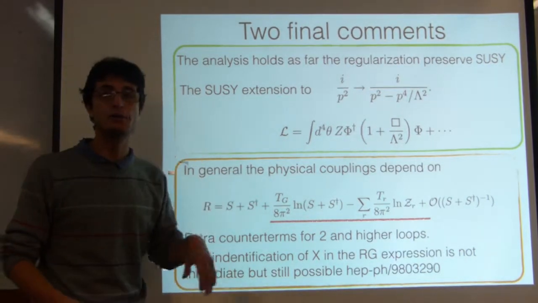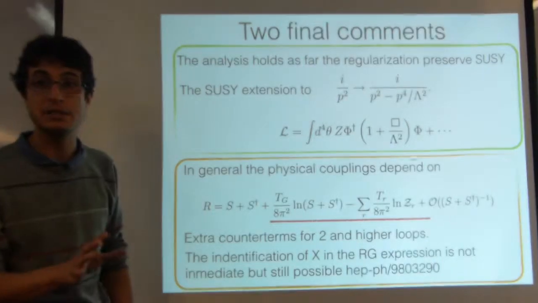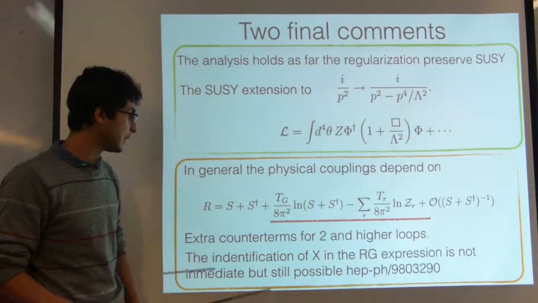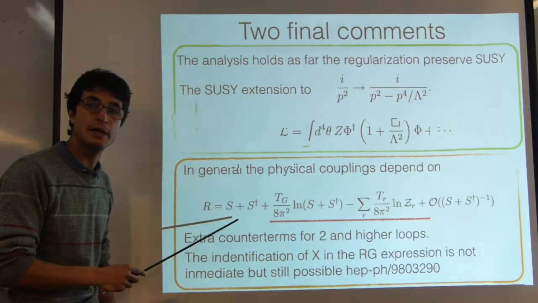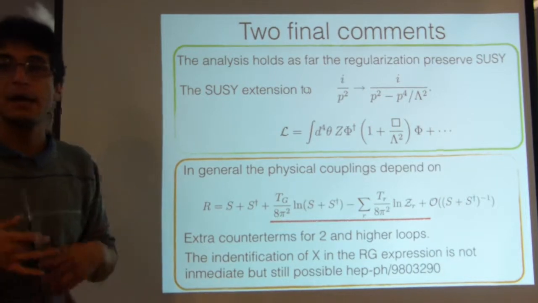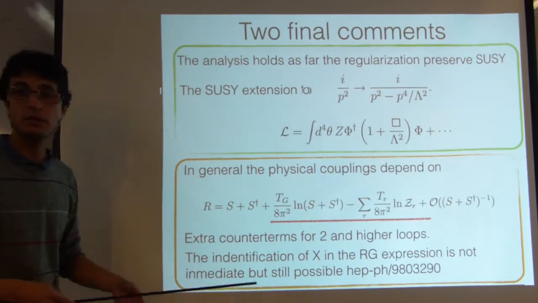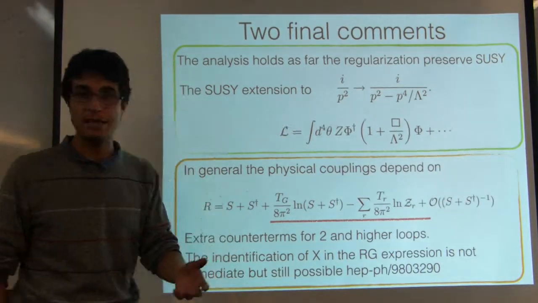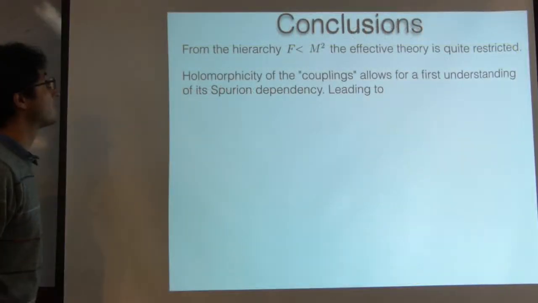When you go to higher loop levels, you have to be careful, because now the scaling symmetries that I was telling you about in the initial part of the talk are anomalous, and what is related to the couplings is not the gauge coupling but the gauge kinetic function, by some R function, because you need some extra counterterms to cancel the divergences. Anyway, this can be implemented, and this was studied by Arkani-Hamed, Giudice, Luty and Rattazzi. So let me conclude.